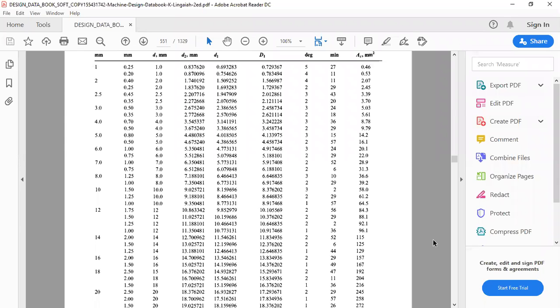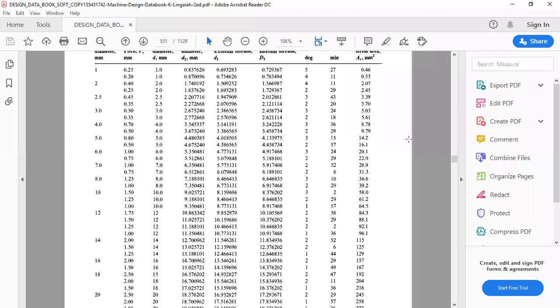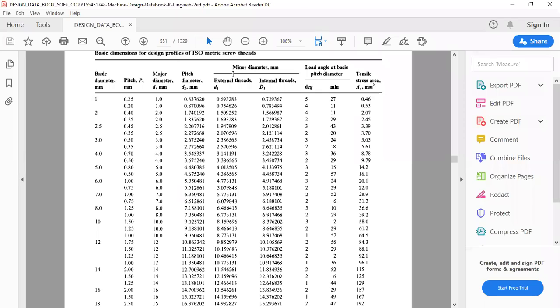In this, you can see clearly the minor diameter for the external thread, as we have done in the connecting rod bolt; we finalized it using the same table. For the external threads you have to find the minor diameter, and whatever DC you have got, you check for that value. Find the value just above your DC value, finalize that and go to the extreme left.